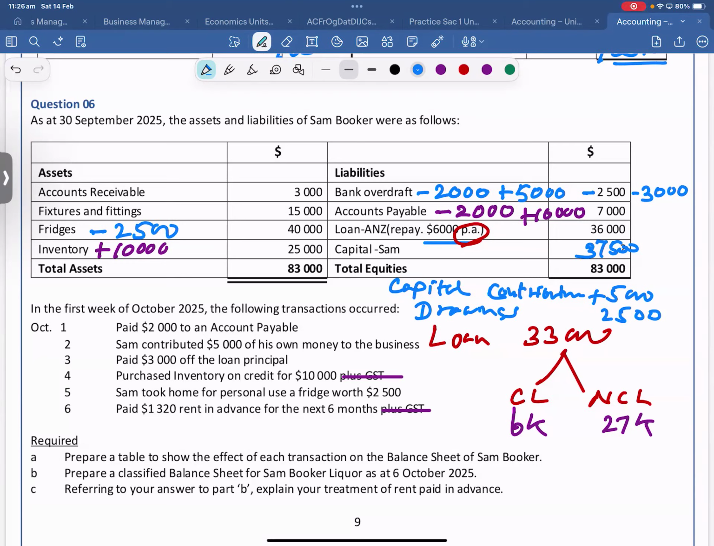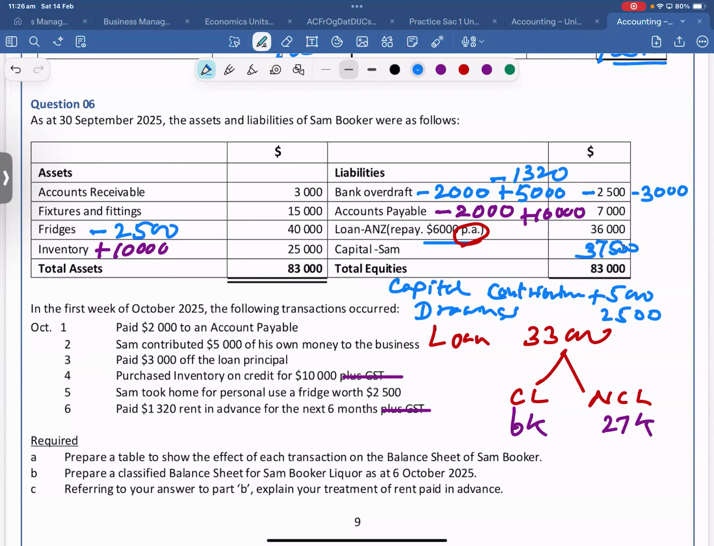Last one I'll help you. Paid 1,320 in advance for the next 6 months. So you're taking money out of the bank. Yes, the bank decreases, very good. So I'll write here somewhere minus 1,320. Yeah. And then